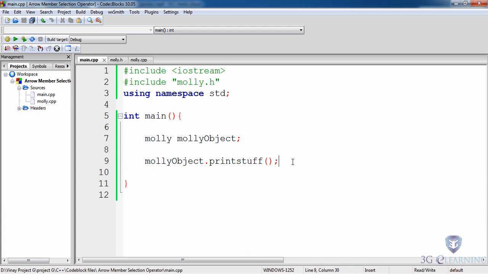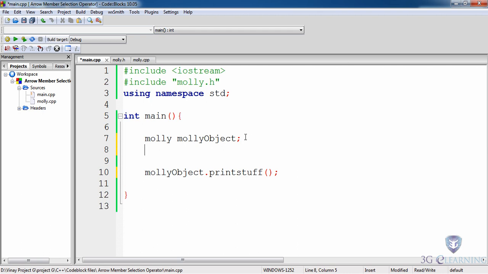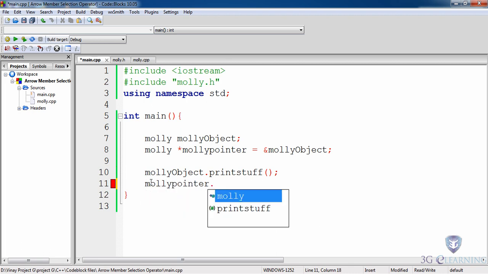There's also an alternative way of accessing things within the Molly class, and that is by making a pointer to the Molly object. So to make a pointer, you need to specify what type of data you're going to hold. So it can be Molly data, because a class can be a type of data you create yourself. You then give your pointer a name, so we can simply call it Molly pointer, then set it equal to the memory address of Molly object. Now it's possible to use this pointer to access the things in the Molly class. So type Molly pointer, dot separator, and print stuff